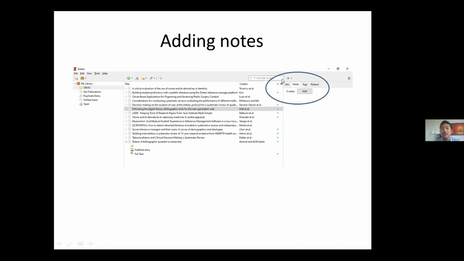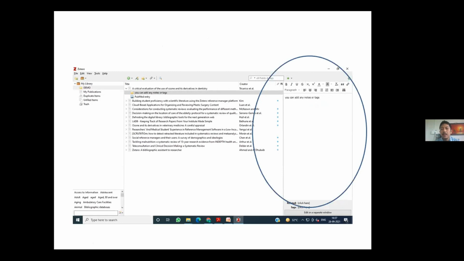So you can simply click the notes, you click the add, then you can add any notes on this which may be useful for later on for you. So these are some features which you can do in Zotero. There are some other features like